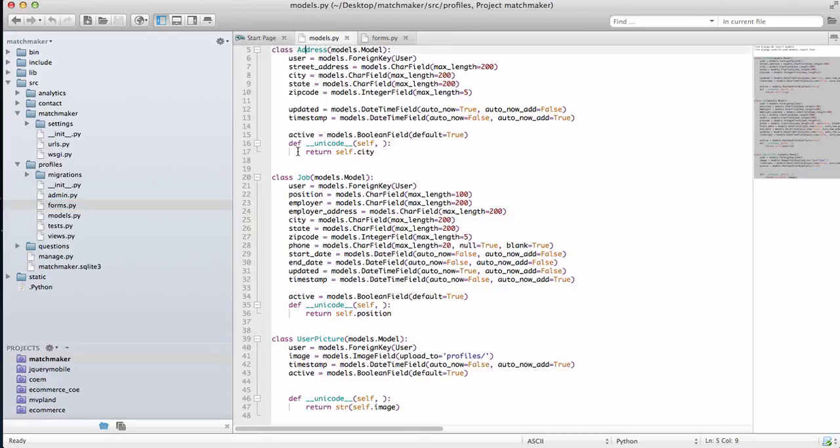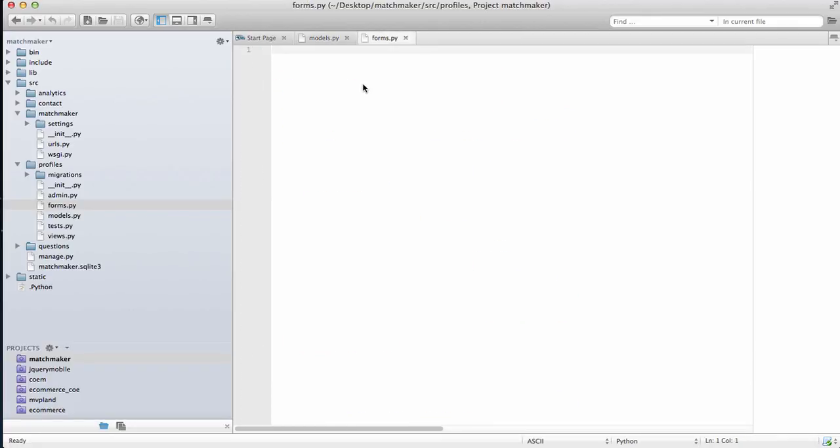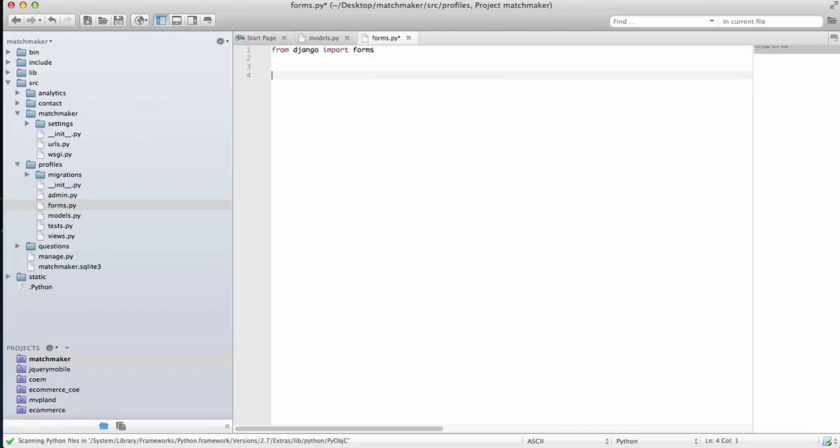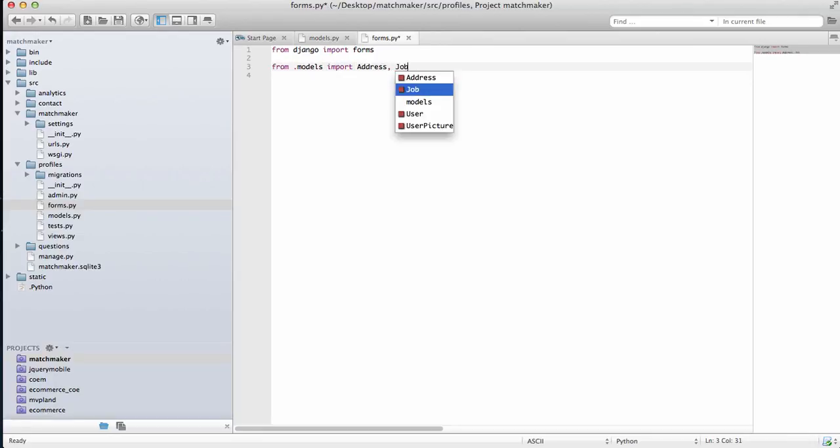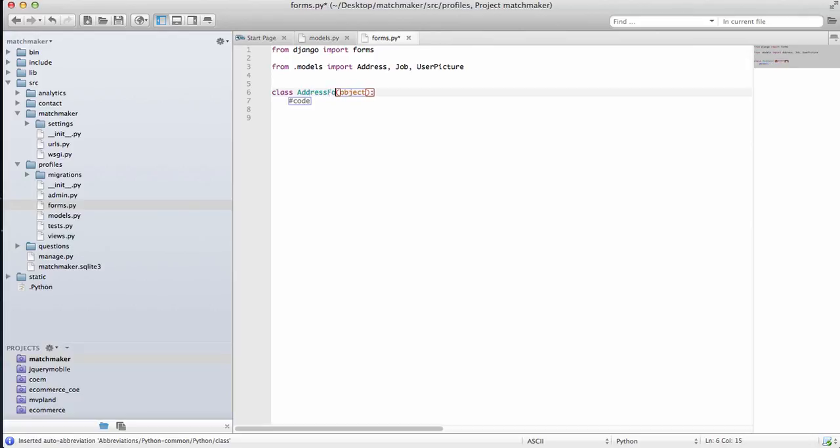So we want to import addresses and jobs. We can even import user picture as well. So from Django import forms, and then we'll do class. Actually, before we do that, we'll do from models import address, job, and user picture. Okay, so class address form, and this is going to be a model form, so forms.ModelForm, class Meta,